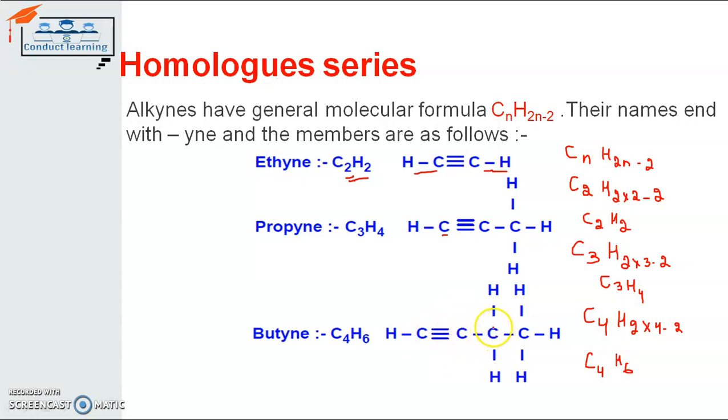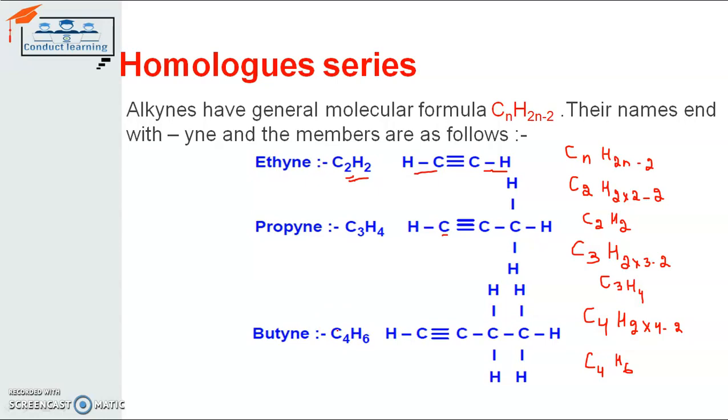This center carbon atom shares 4 electrons that are in its valence shell, 1 with this carbon atom and 1 with this carbon atom, and the rest with the hydrogen atom here. In that way, it shares all 4 electrons. And this carbon atom is sharing its 3 electrons with 3 different hydrogen atoms and 1 electron with this carbon atom. So in this way, you can also design